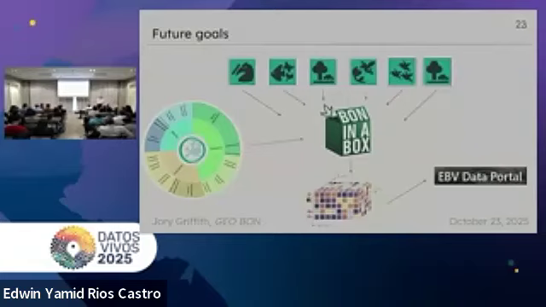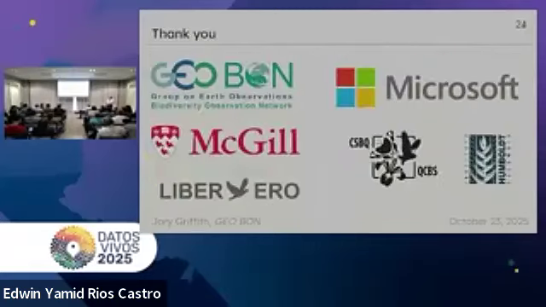There's also a lot of regional initiatives. Nestor mentioned Europa BON developed like 83 EBVs that are a lot more specific to their context, and they have all of them on GitHub described. So a logical next step would be to put them in something like Bon in a Box or Galaxy, as we'll hear about later. And then the last thing is that we're hoping to integrate more fully with the EBV data portal so that EBV layers that are calculated with Bon in a Box can then be sent to the portal for people to use.